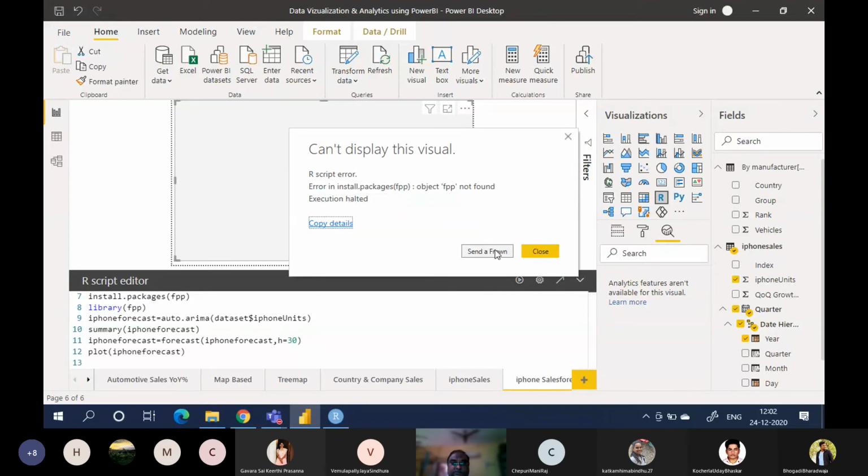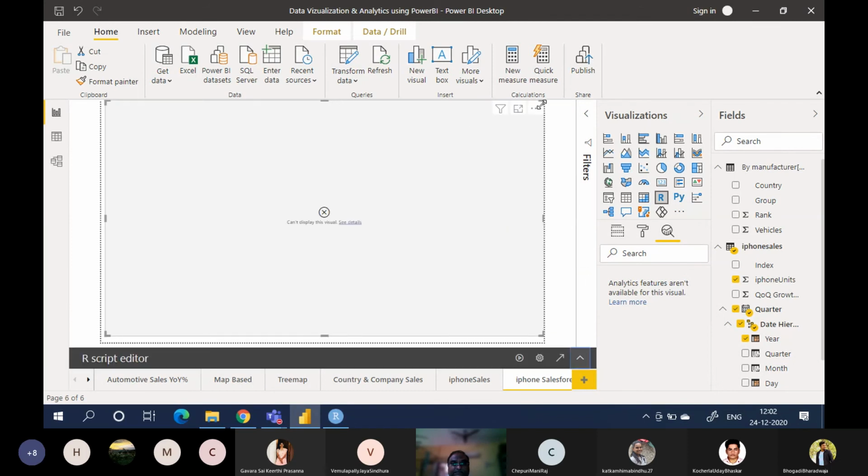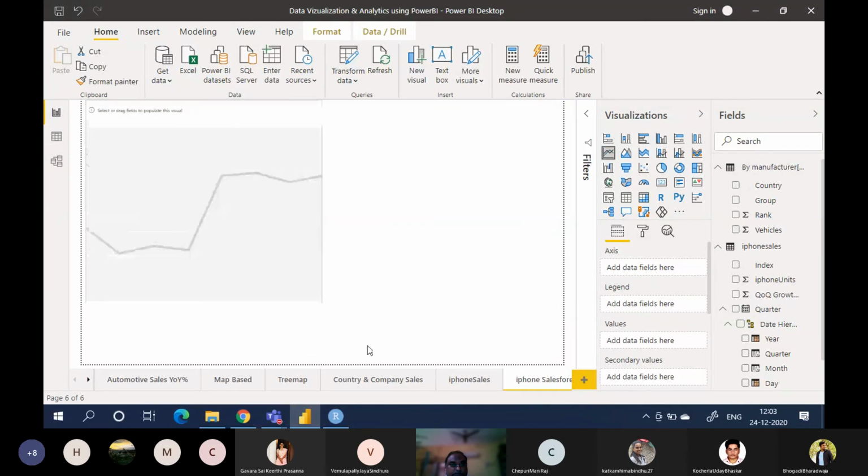Object fpp not found. Last time when I ran, it ran very well. I don't know why today it is not running. No, it's not running. You go with the normal thing only.